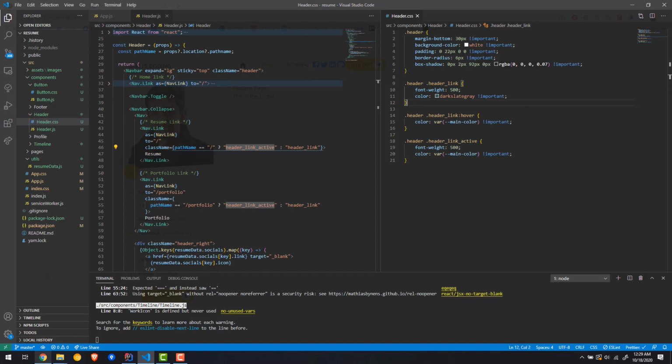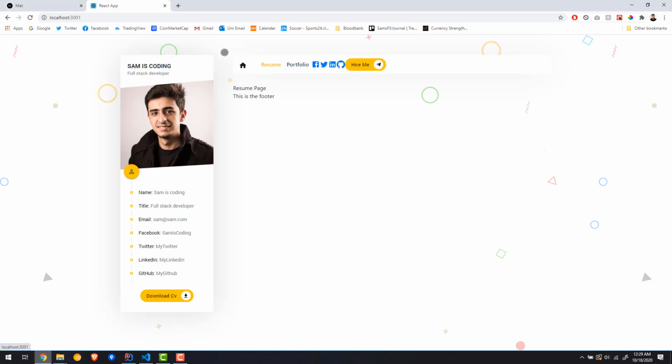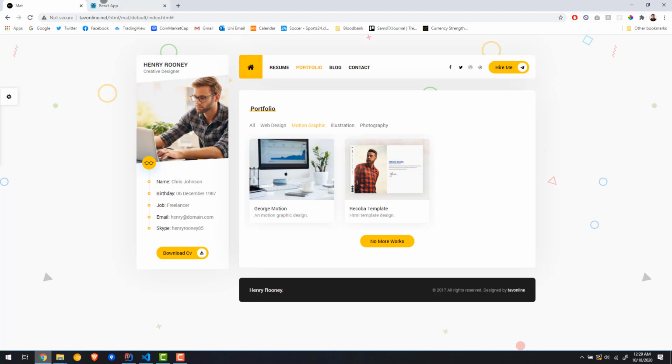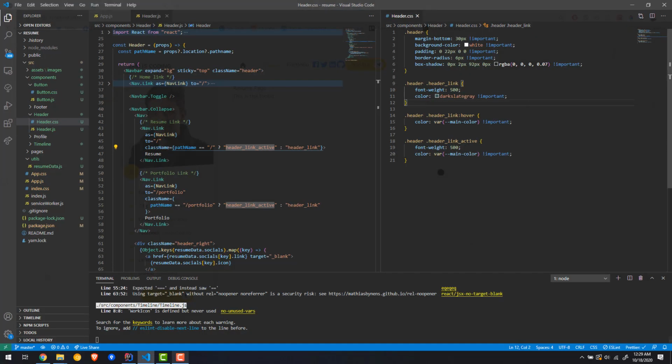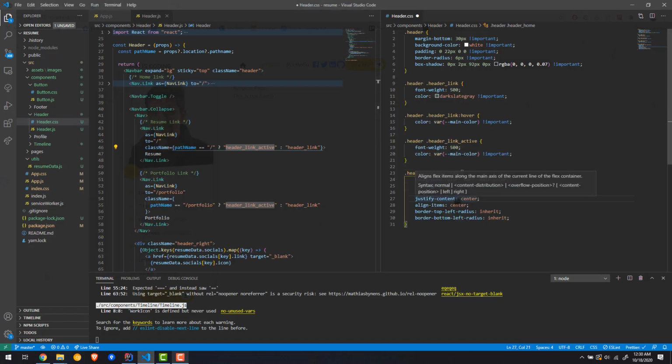Okay, what do we need to do? So let's probably do the home button to make it look a lot more like that. Again, I'm going to copy and paste it just to save some time. This video's been long, so I'd recommend you comment everything out. So for the home button, the background color is going to be the main yellow color. We're going to have some padding, flex, and then align items horizontally and vertically to the center, and then the border